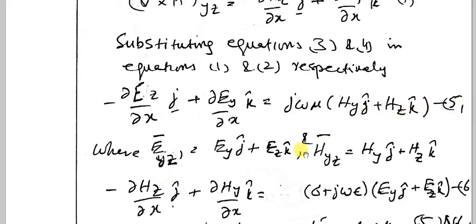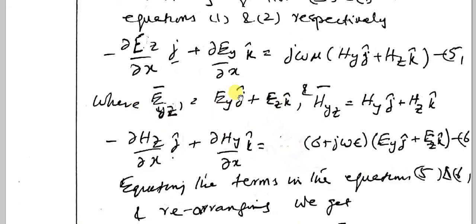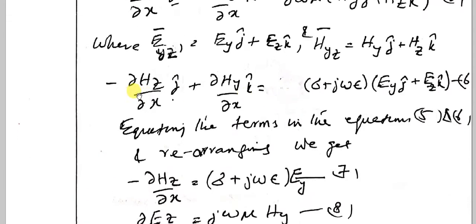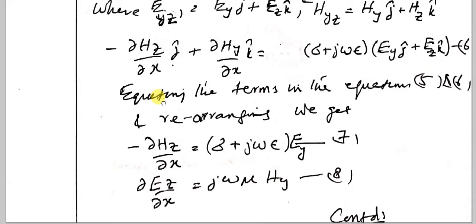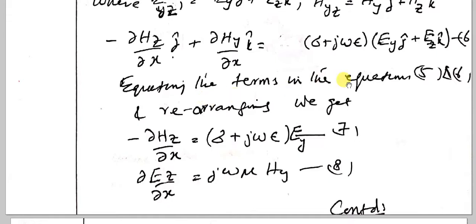This is equation number 5, where E yz, the E field of the plane wave, is given by Ey j plus Ez k, and H yz is equal to Hy j plus Hz k. Similarly, the other equation is minus delta Hz by delta x j unit vector plus delta Hy by delta x k unit vector equal to sigma plus j omega epsilon times Ey j plus Ez k. This is equation number 6. Now equating the terms in equations 5 and 6,